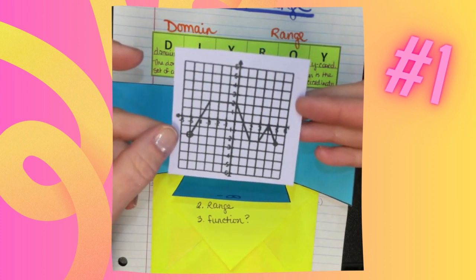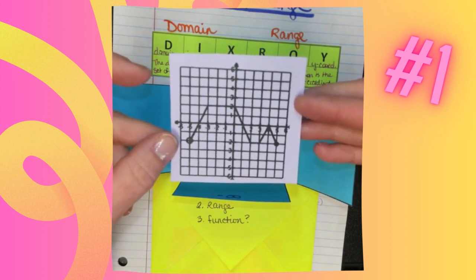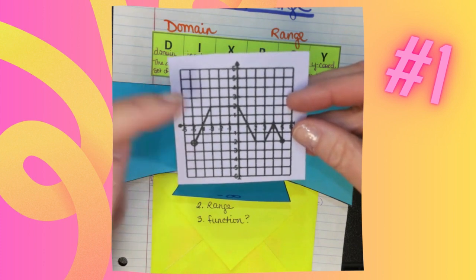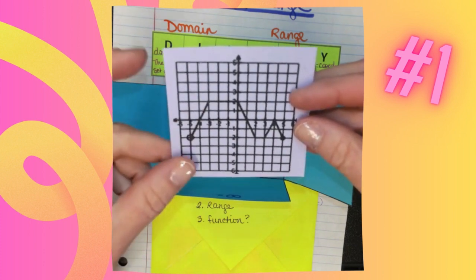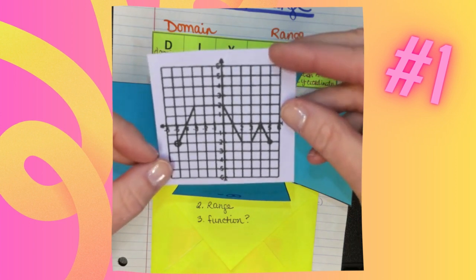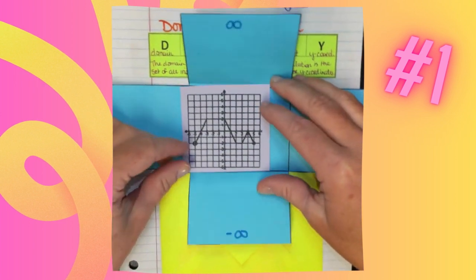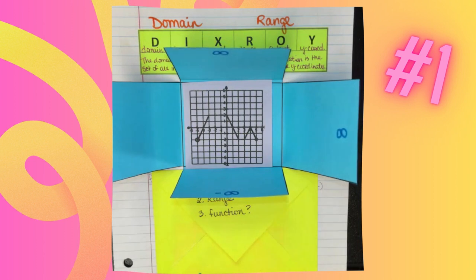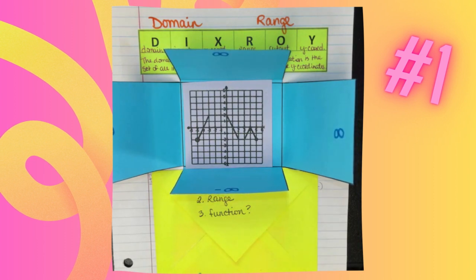I need you guys to find this graph out of the 12 that you cut out. Now do keep in mind some of these look similar, so you need to make sure the numbers are up and down like this, not like this. So that's how you know you're looking at the graph correctly. I need you guys to find this graph, and we're going to stick it in here. We're going to start talking about the domain and range of a particular graph. Okay, so go ahead and put the graph into the window for me,